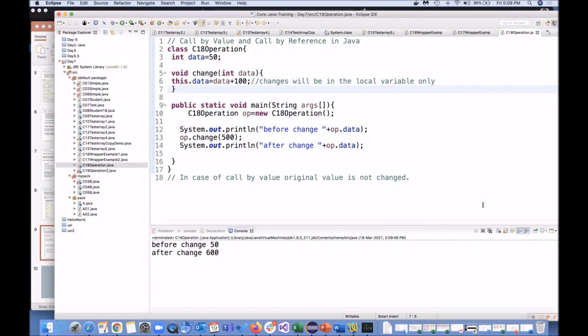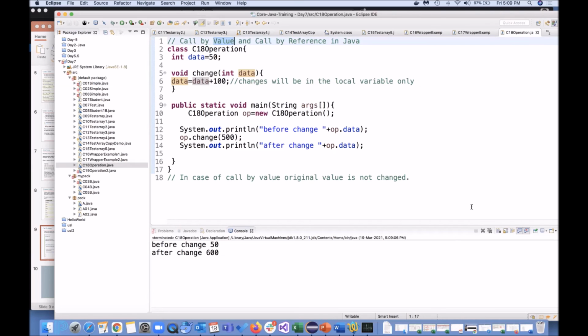So we don't want it to happen like this. We don't want 50 and 600. We want 50 and 50 only, intact, and that is the reason why we will do call by value.